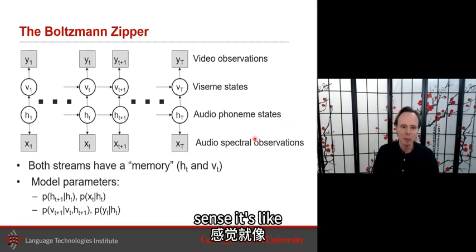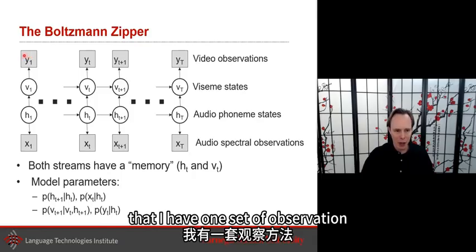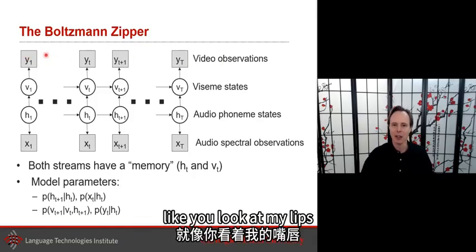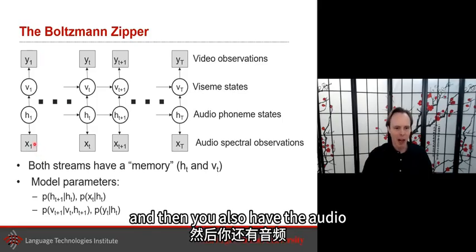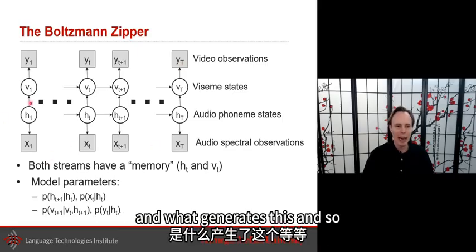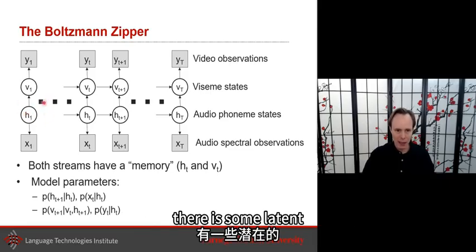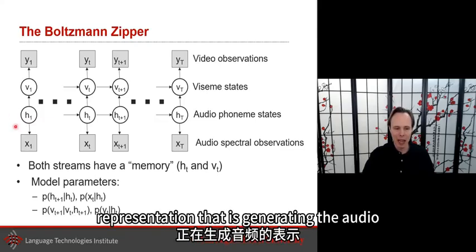Sense is like, now I could also view that I have one set of observation: you look at my lips, and then you also have the audio. So you look at my lips, you look at the audio, and what generates this? And so you say there is some latent representation that is generating the audio, maybe some